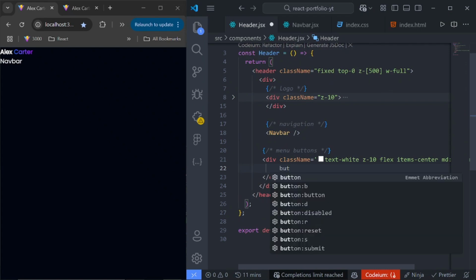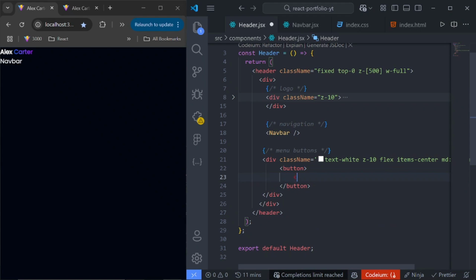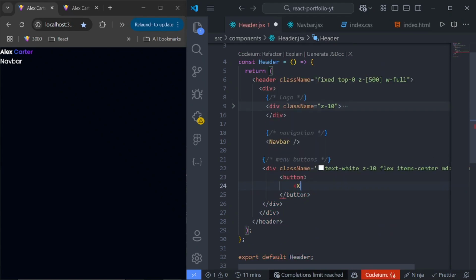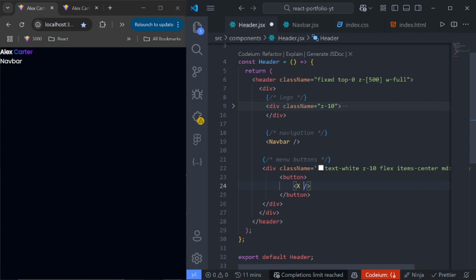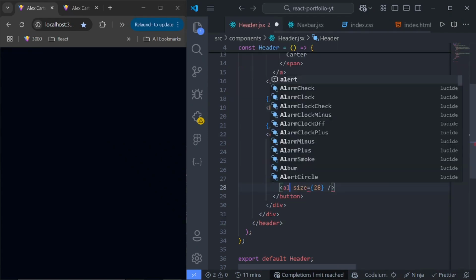So we'll have two buttons. First one will be the X from Lucide icons, and we give this a size of 28, and the other one will be the align. So I'll copy this, I'll set this to align